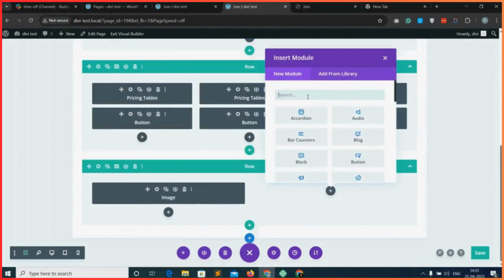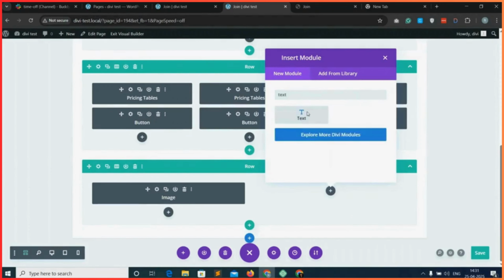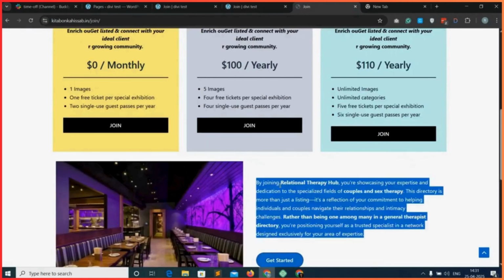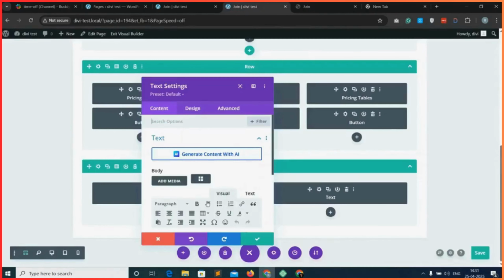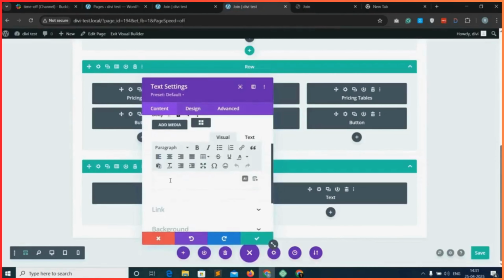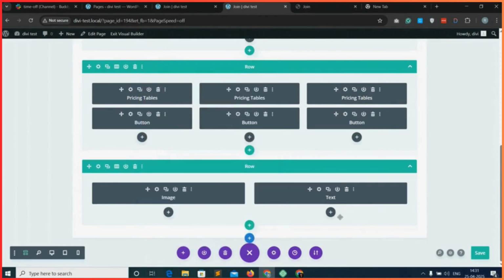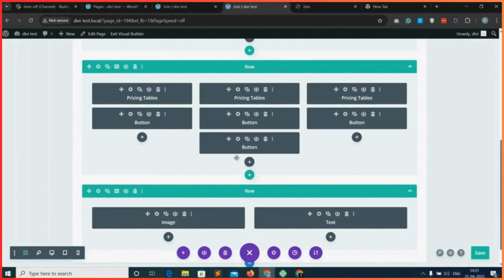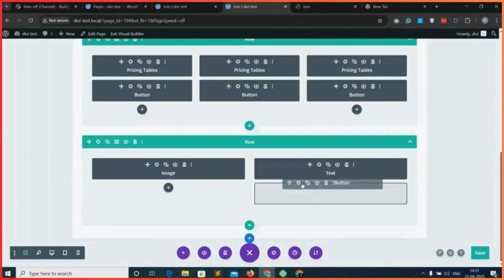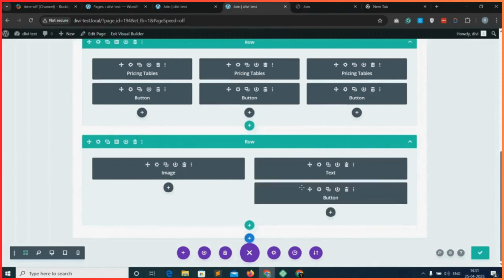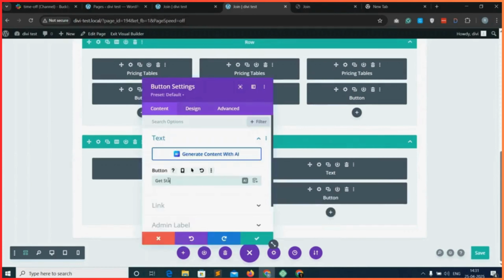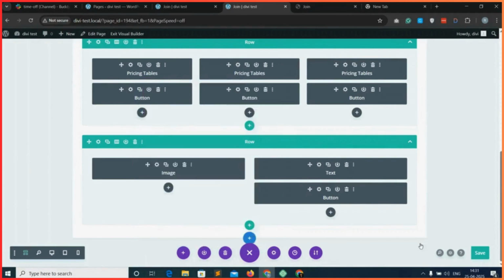And for the right we will be adding text. For this we will be copying it from here and then coming over here and pasting it. And at the bottom we will be adding a button, so we will be duplicating it and adding it over here. So we are editing its name to Get Started and then coming on to the save button we will save